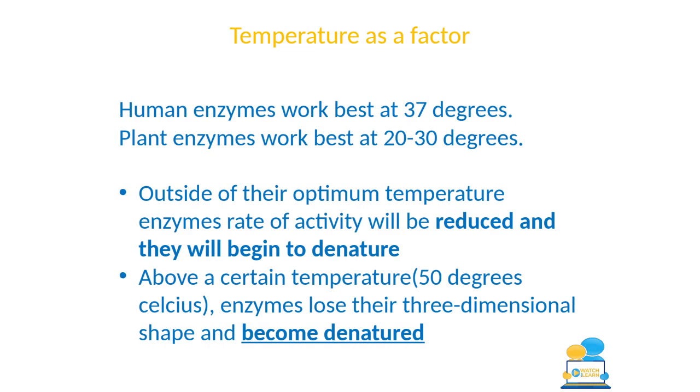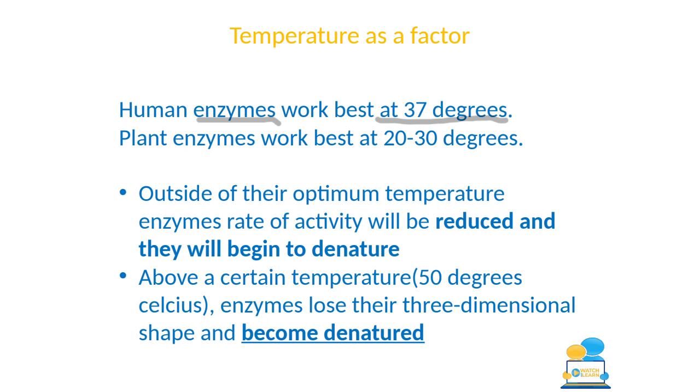So we're going to focus on temperature as a factor that affects enzyme activity. Human enzymes work best at 37 degrees. So we need to maintain our body temperature at 37 degrees at all times, because remember, enzymes control everything. They control metabolism. So we can't have them going out with 37 degrees temperature. And that's why hyperthermia or hypothermia is so dangerous, because our enzymes will begin to lose shape, will become denatured